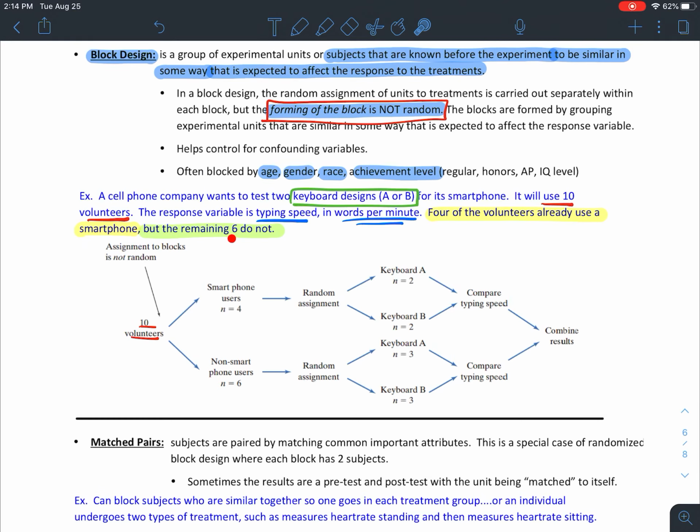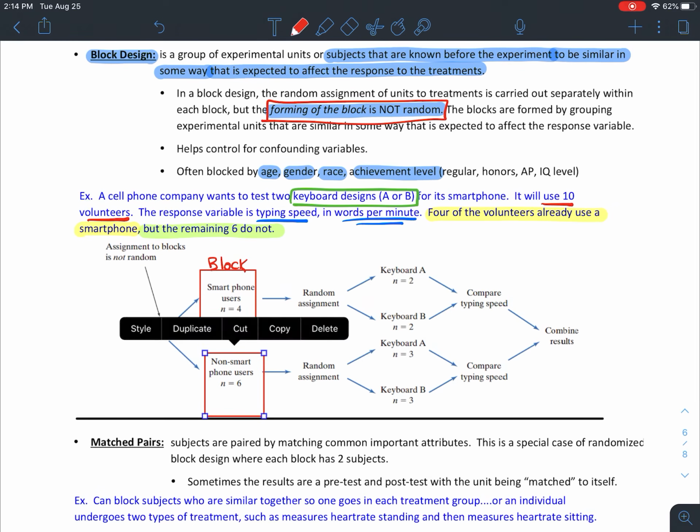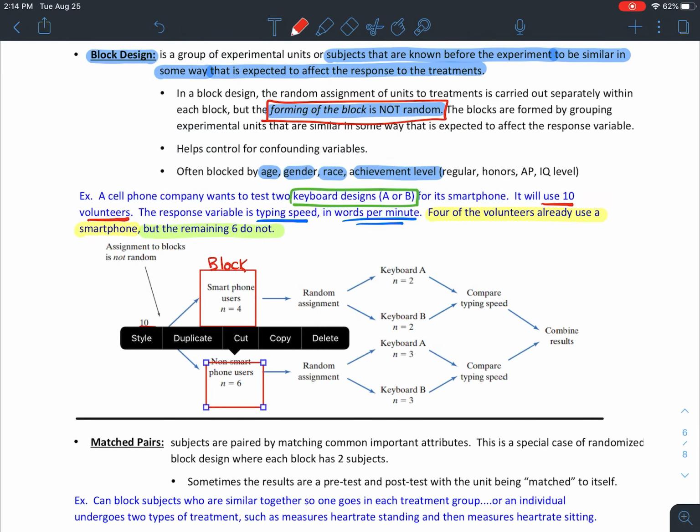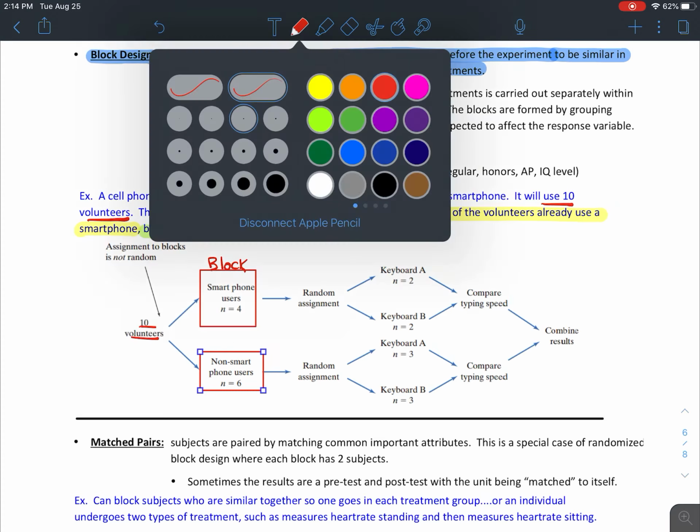Now, you would think that these 4 people would likely perform better than these 6 at typing on any smartphone, because they already have a smartphone. These 6 have a disadvantage, okay? Now, you might be saying, why would we want all 4 of these in one group and all 6 of them in another? Well, let's see how this plays out. I'm going to keep all 4 of the smartphone users in one group. We call that a block, okay? So this would be one block, and then the other block would be